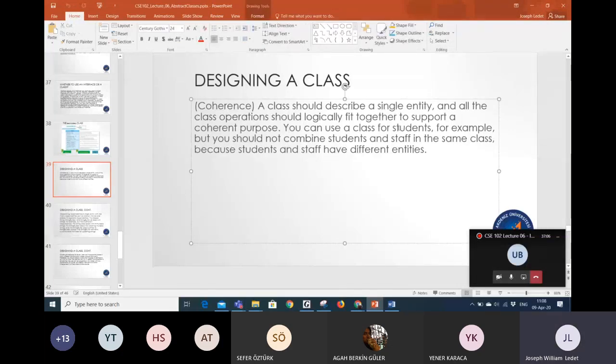So for example, you might use a class for students in a university. But you shouldn't make students and staff the same class. I wouldn't want to have students be the same class as staff. Now, they could have the same parent. We could make them both extend from the person class, right? Or we could even have another class that's more refined, like a university person class or something like that, right? But students and professors, teachers, whatever you want to call them,